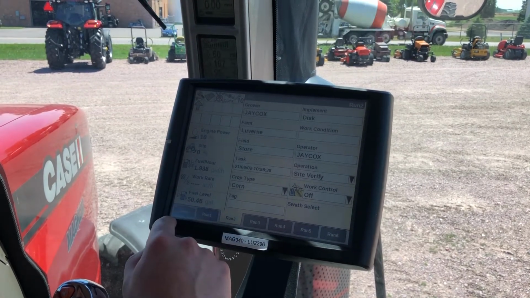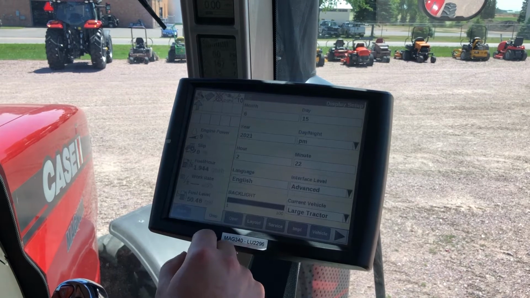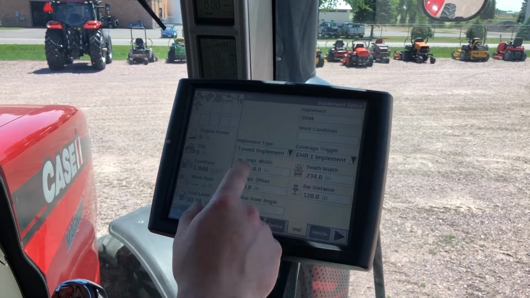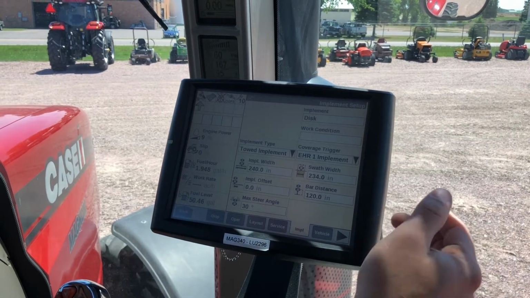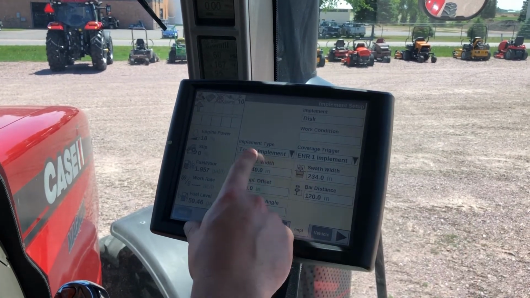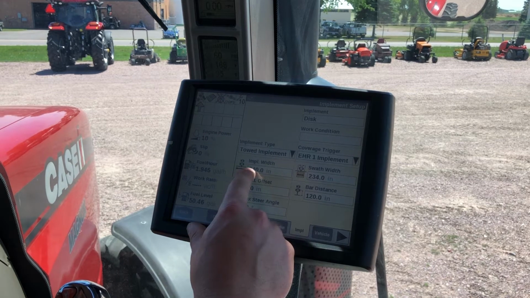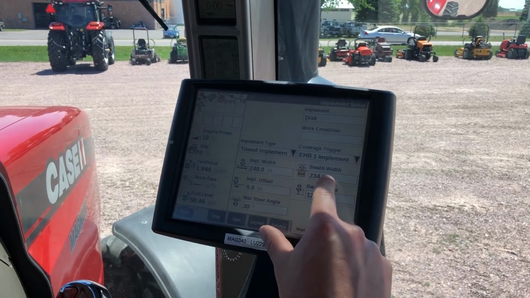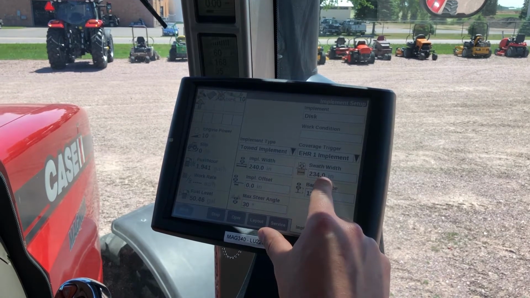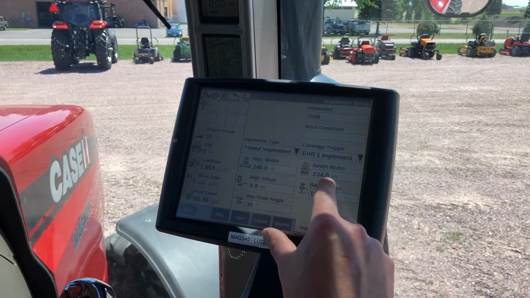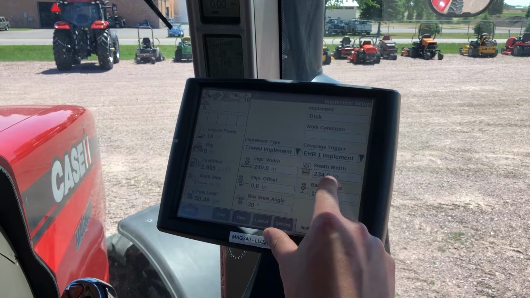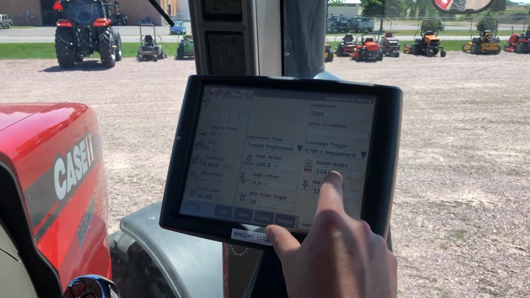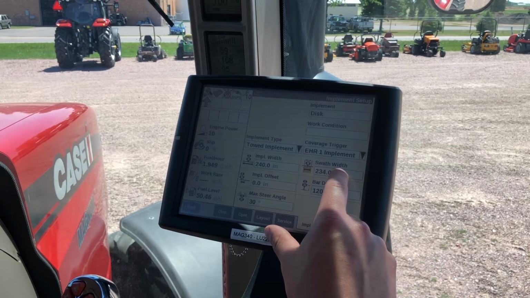If we go back, we go to Toolbox. I just want to verify that my implement is set up correctly. So pretending today I have a disc hooked up. So I got a towed implement. My physical width is going to be 20 feet, but I'm actually going to turn my swath width to 234. So what that does is it allows me to have a 6-inch overlap for doing tillage work or something like that,